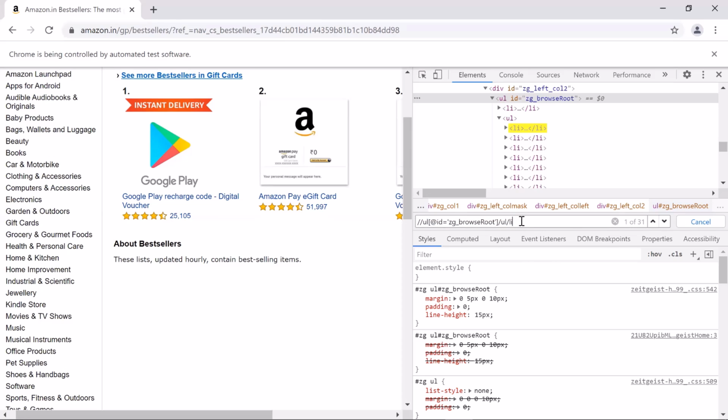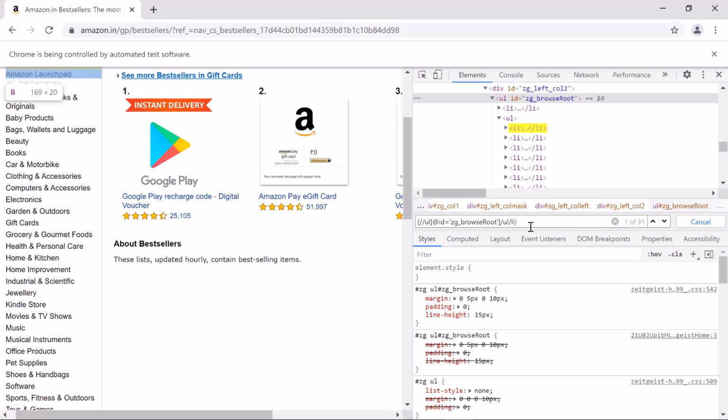Now let's suppose that you want to fetch an element from the list of elements based on index. Then how can you do that? To get the element based on index, you can simply put this XPath inside brackets and then provide the index value like this. Make sure that the XPath index value starts with 1. So to get the first item from the list, you have to use the index value as 1. Similarly, you can get other elements as well by using different index values.